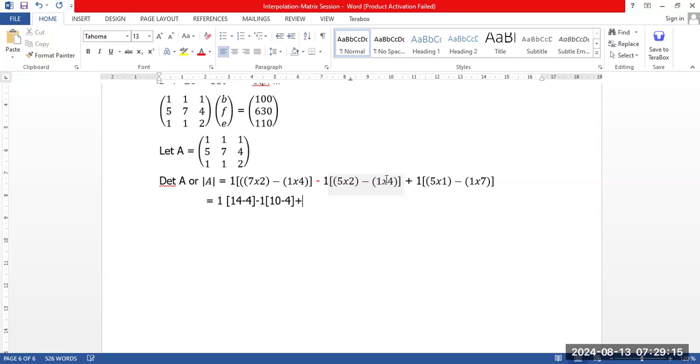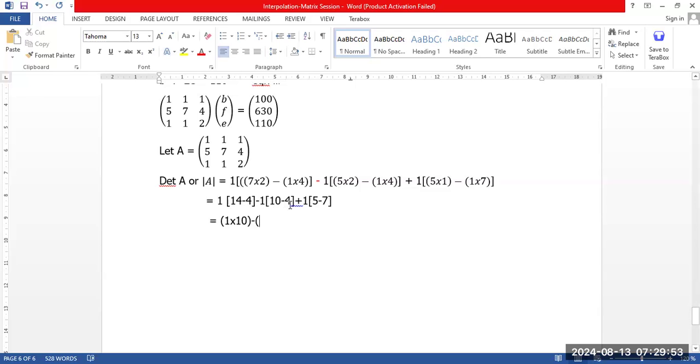Then plus 1 into, this is 5 times 1, that is 5, minus 1 times 7, that is 7. So this will be equal to 1. Finally, here you have 1 times what? 1 times 10 minus